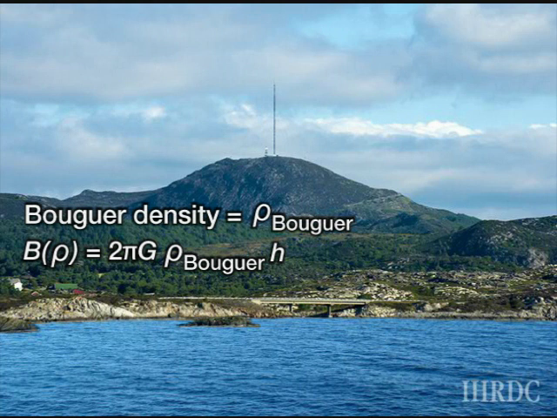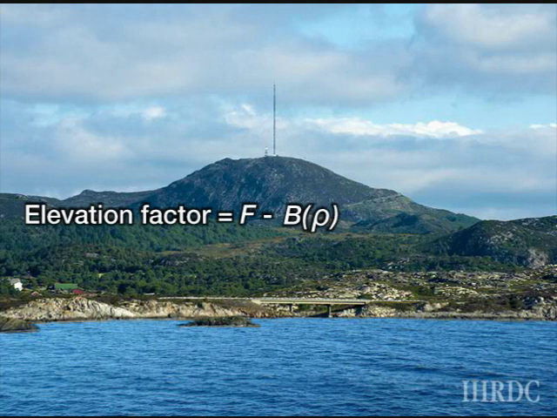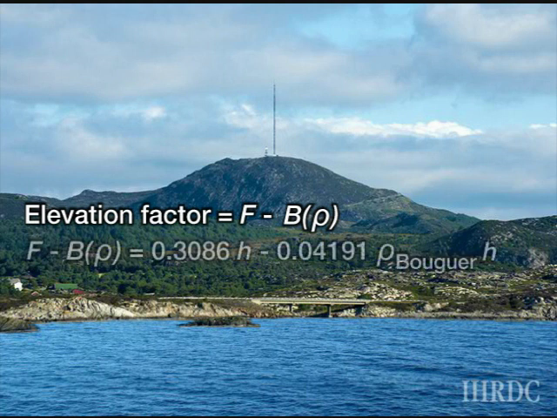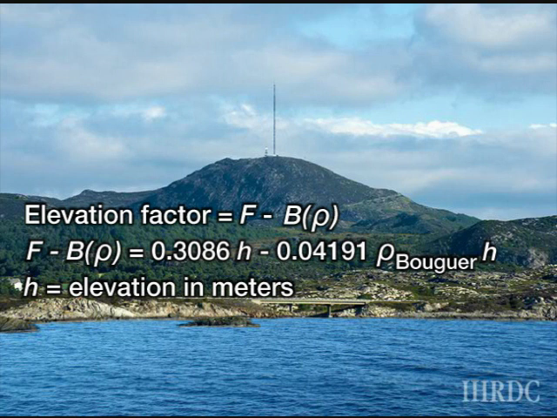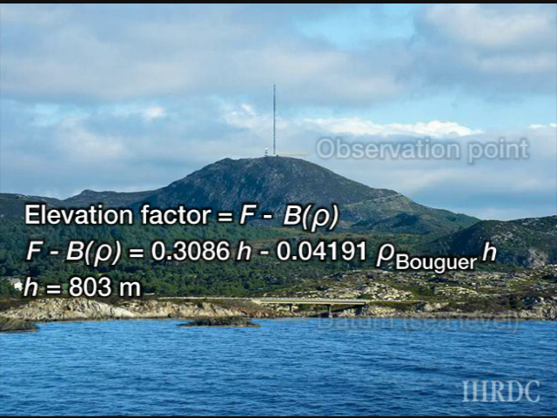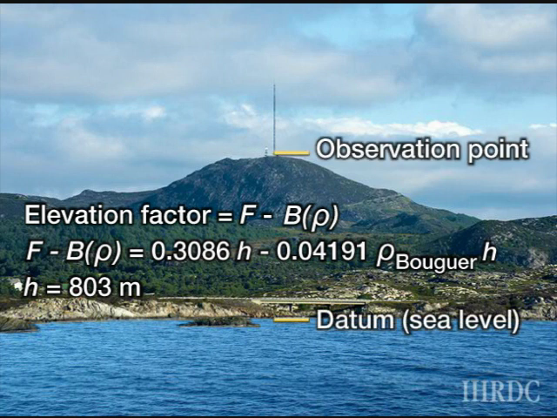To simplify our calculations, we can combine the free air correction and the Bouguer slab correction into a single elevation factor, F, for the free air correction, minus B rho for the Bouguer slab correction. Here is the elevation factor equation. Note that this equation is used when the elevation, h, is measured in meters. For this example, we have calculated that h equals 803 meters, the distance from sea level to the top of the hill. Using an average Bouguer density of 2.67 grams per cubic centimeter,